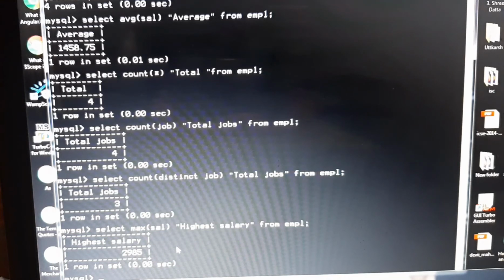Then sum function will calculate the total sum of all the salaries given in the department. So instead of max, we'll be writing here sum. And here we can write total salary instead of highest, total.